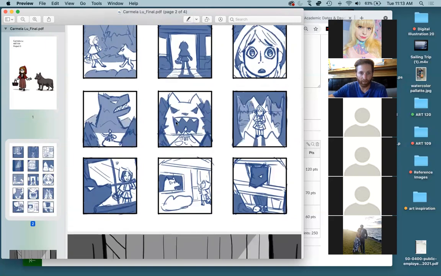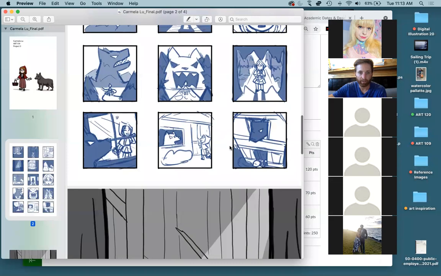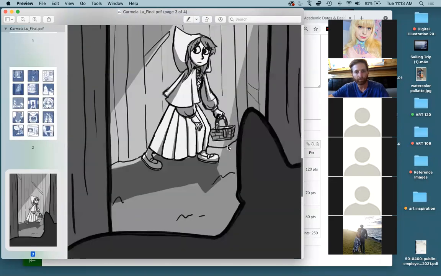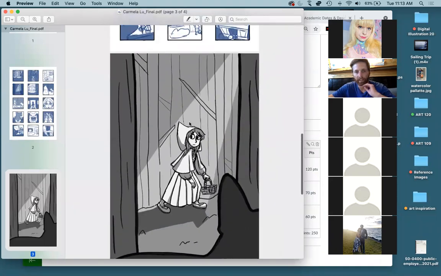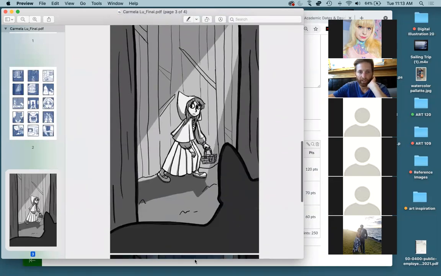Here's one where we see walking into the teeth of the wolf. One where we see the inside of the house. And then here's her workup sketch. So you can see the rough sketch and then just where the lights and darks are going to go as well. So it's going to be light and dark right here on the character, darker here in the foreground,